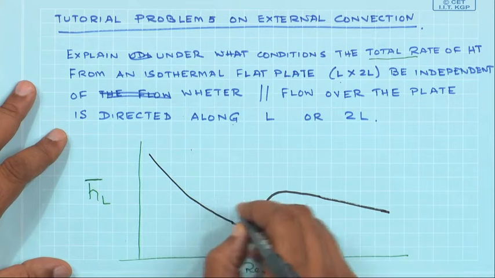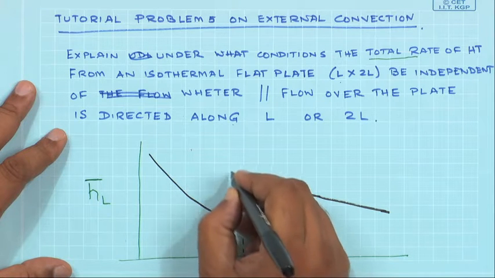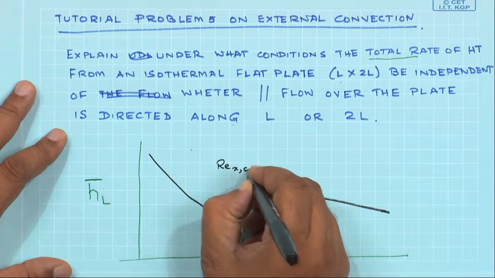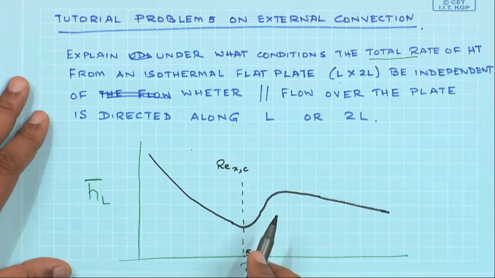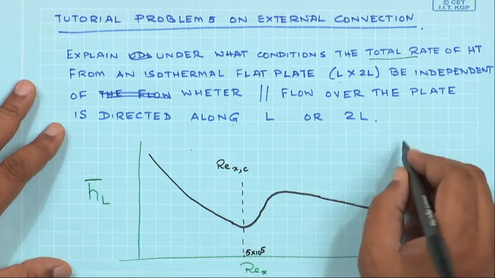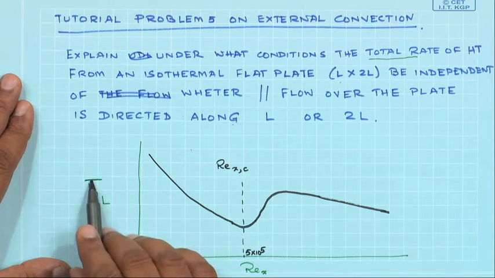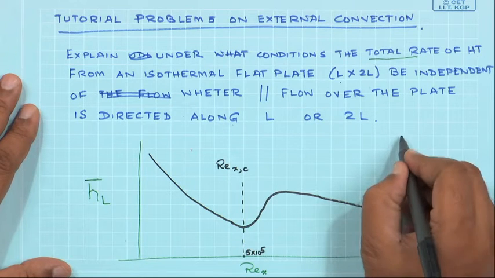Okay. And the transition is somewhere over here, as we all understand that this is Re_x,c, the transition, and for all practical purposes we take this value to be 5 times 10 to the power 5. So, this is the value of Reynolds number over which this transition takes place. So, the value of h, the average heat transfer coefficient based on length,